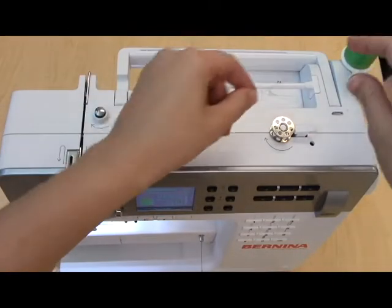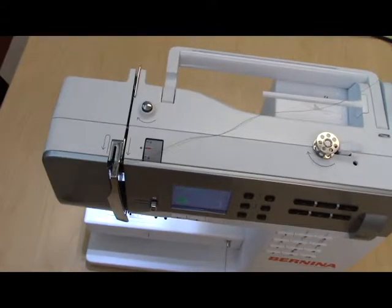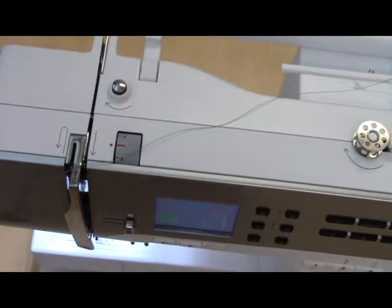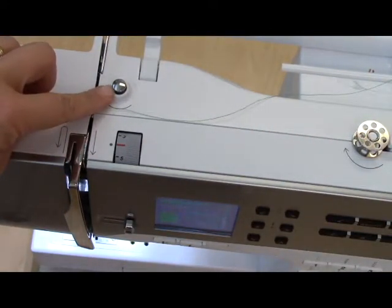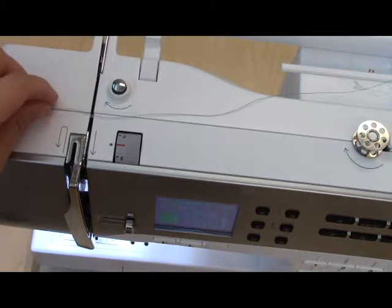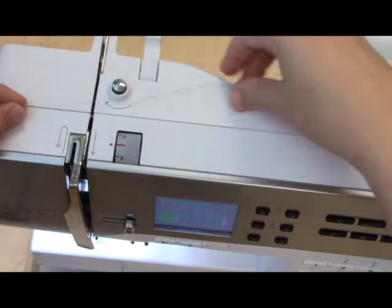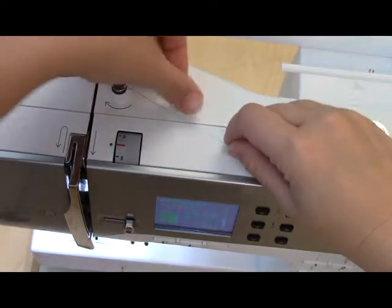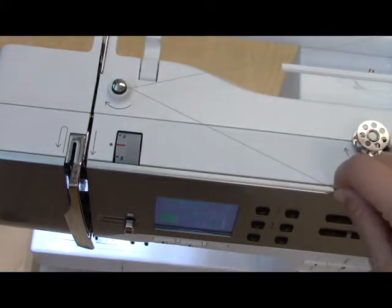So you're going to grab your thread and you're going to follow the arrow directional signs by the bobbin winder tension disc. So here is a bobbin winder tension disc. You can feel there's a second plate underneath there creating the tension on the thread. You're going to follow the directional arrows and go from the front around to the back. And you're going to pull the thread so it's pretty tight, and you can see there's a little bit of